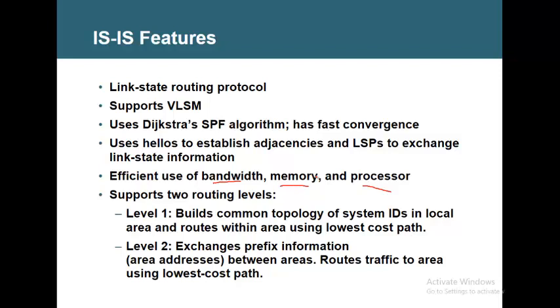Cost is fixed. What do I mean by fixed? If I have a link, whether it is gig Ethernet or fast Ethernet or serial, the cost is going to be 10 per link. I repeat, if I have A to reach B, according to ISIS, you know what will be the cost? 10 plus 10 plus 10 plus 10, 40.